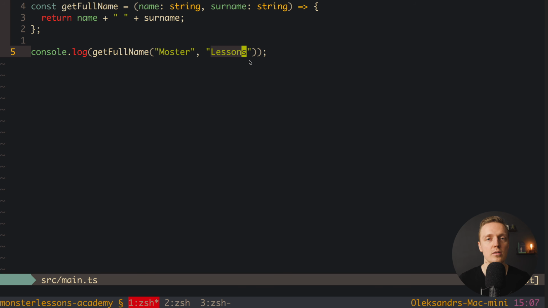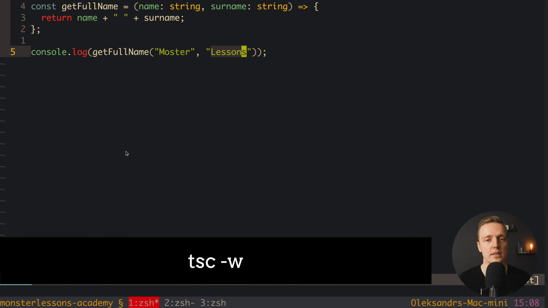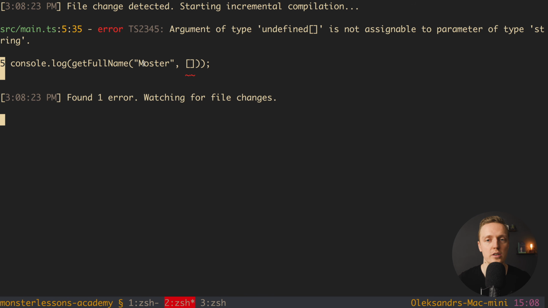And I'm showing you all errors now inside my editor, but all these errors you can also see here inside Watch. As you can see here, I am running Watch, and if we are doing some mistake, for example, an empty array, and we're checking our Watch, you can see that the same error I am getting here. So we can't provide here an empty array, and it should be a string. So either you can look in the console, or of course it is easier to check it directly in the editor.